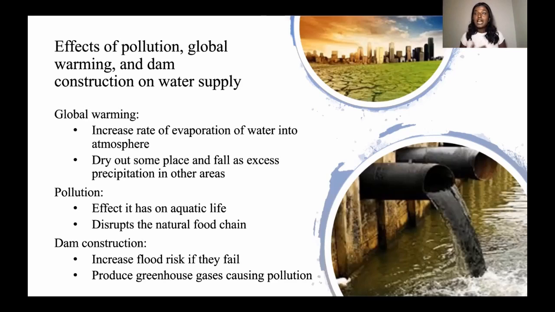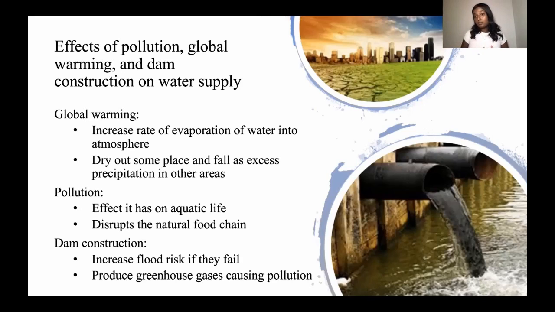So this is actually how the cycle works in order with drought and flooding. This is how that balance actually works. Next up, we have pollution. So pollution can affect any aquatic life in those bodies of water, right? So if we affect those bodies of water and we kill those animals, essentially that's damaging our ecosystem, that's damaging our water cycle and any sort of path that comes after that.